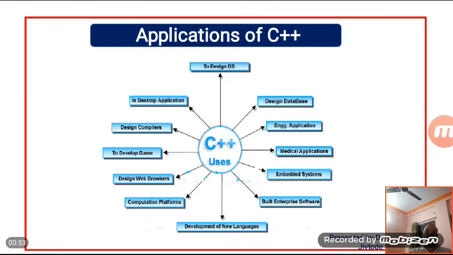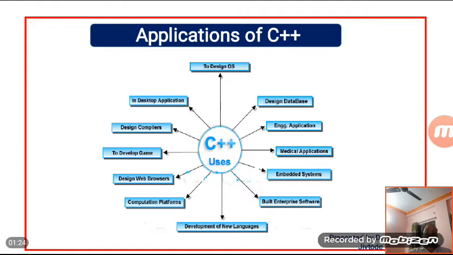Third application: C++ is also used to design operating systems like Windows XP, Unix operating system, Windows 95, Windows 98, etc. Fourth application: Google uses the C++ programming language for indexing. Fifth application: in the C++ programming language, a few parts of Apple OS are written.